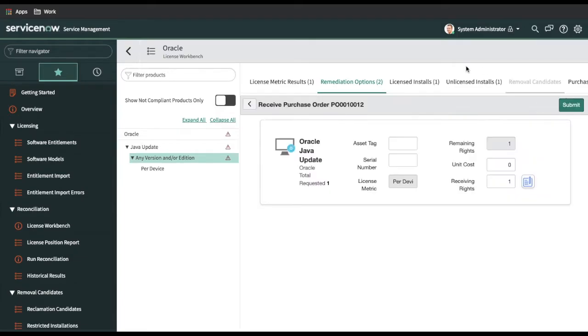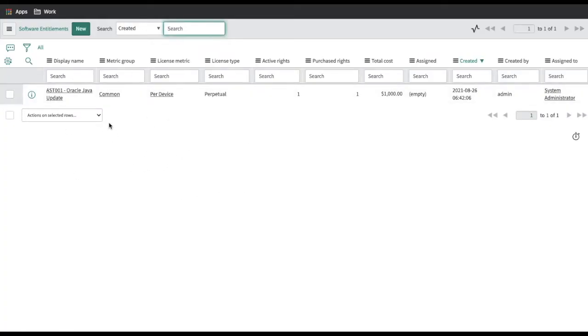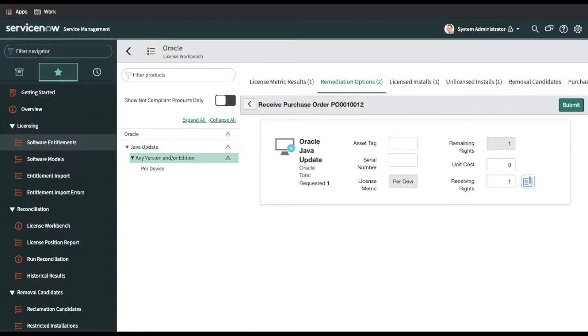Once we click receipt, it will open the same page, and if I open the software entitlement, you can see right now the software entitlement is 1. I am going to receive one more item called AST02 with serial number SL02, and here the rights received is 1. What I will do, I will purchase 2.